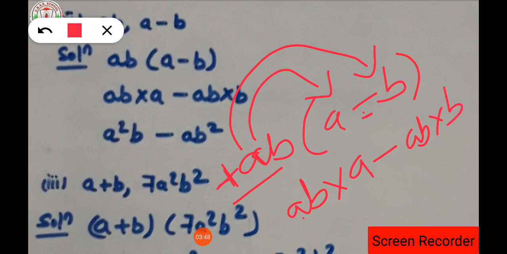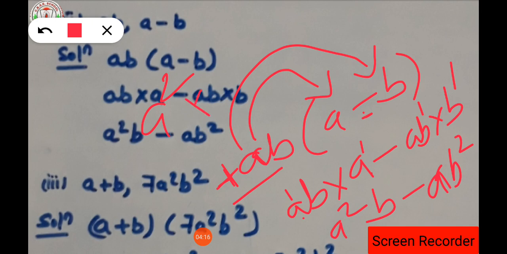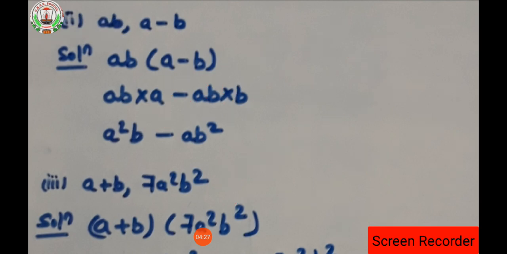Now a into a, the power of a and both are in the form of multiplication. So it will become a square, and then minus again, a, b and b will be there. There are two b's. So b, 1 plus 1 will be 2. So a b square will be the answer. Clear everyone? Yes, in the previous video I had already explained how to add the powers. If a into a is there, that means the power of a is 1. So a to the power 3 it will be. How is it? Because in the powers, 2 plus 1 will be done. That's why a to the power 3 will be there.